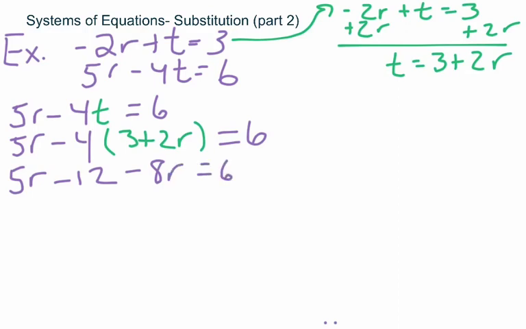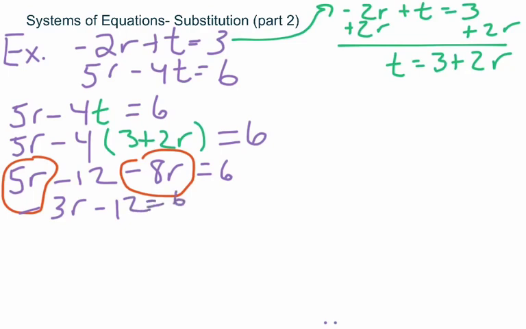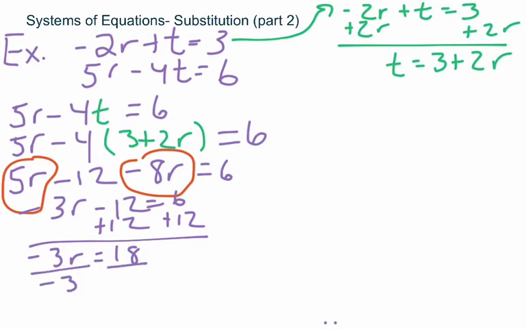Combining like terms, take care here, that's still one of those sore spots. People want to add 8r to what? To the same side twice? Don't do that. 5r minus 8r is negative 3r. And then we add 12. And you don't have to write this plus 12, I'm doing that for clarity. 6 plus 12 is 18, and then we divide both sides by negative 3, and we get r equals negative